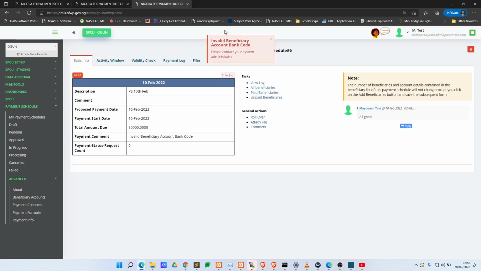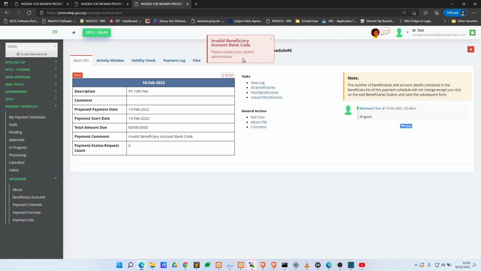So if there are any errors in the process, it would flag it and then send the payment schedule to failed. If all goes right, you will receive a success notification that the payment schedule has been initiated and certain persons shall receive notification. So in the event of a success, using Remita for this case,